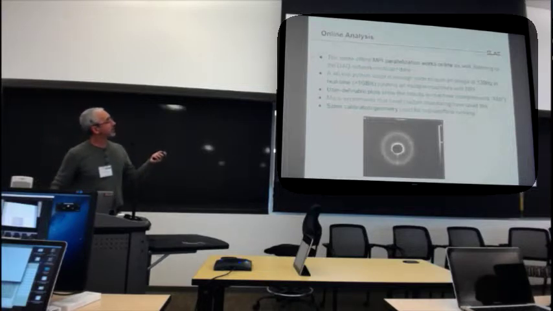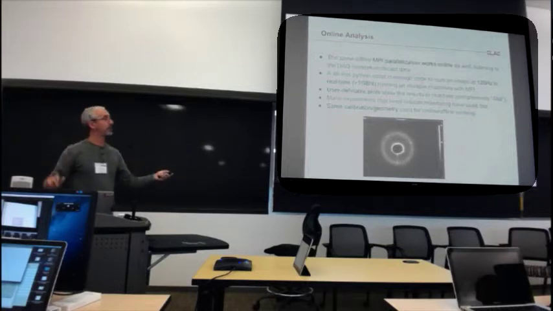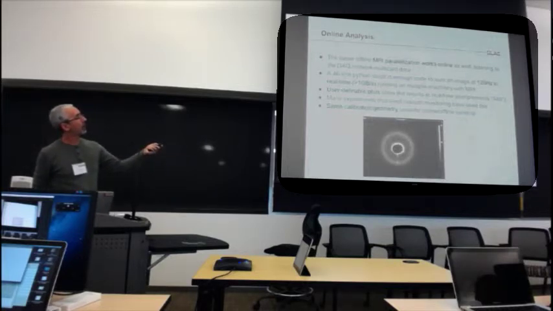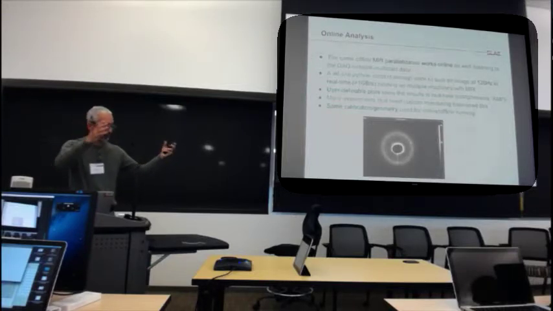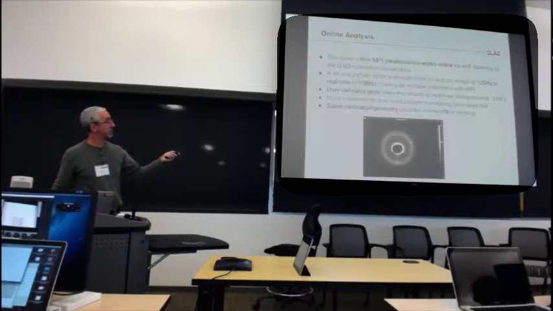All right, online analysis. The same MPI parallelization works. You launch on multiple nodes that are signed up for the multicast groups. And now we're getting into the 46-line Python script, which we're going to run. You can use it to sum an image, for example, although people are doing FFTs and stuff like that at 120 hertz in real time, running on multiple machines with MPI. And in Psana, if your monitoring doesn't fit into the default online monitoring, you can write your own. We've got user-definable plots, which you'll see.